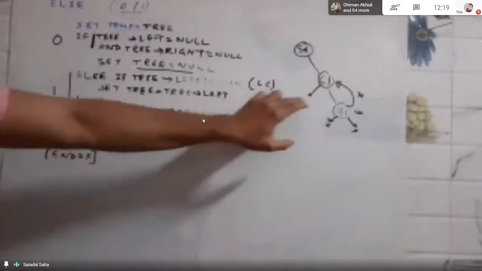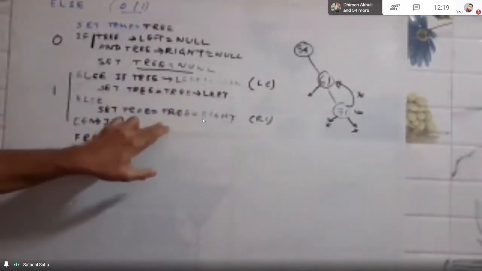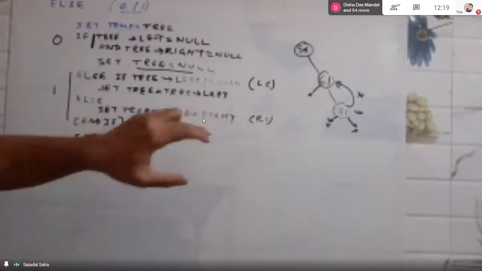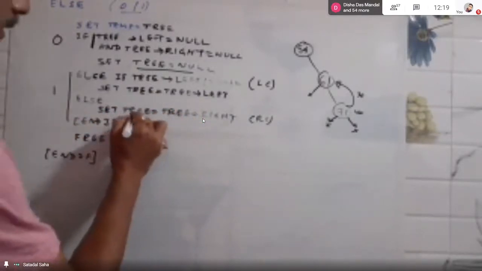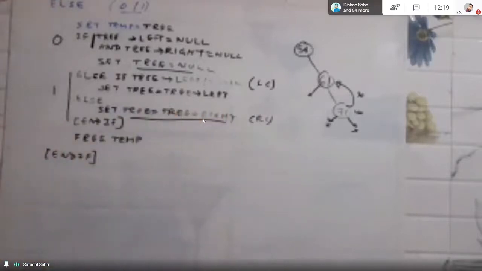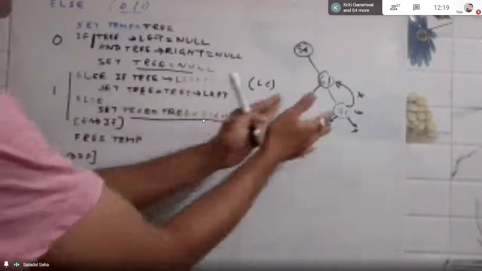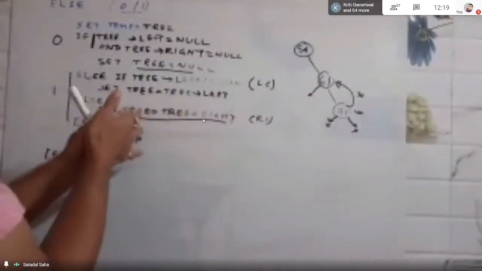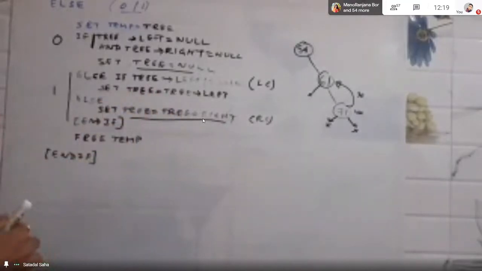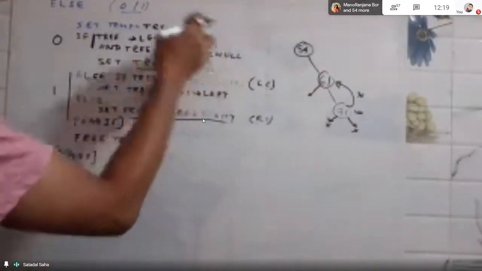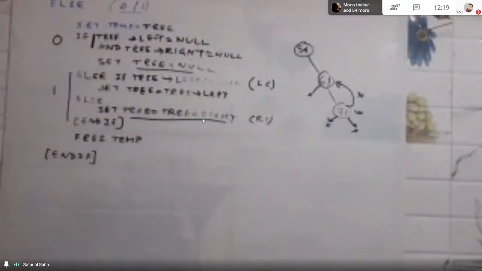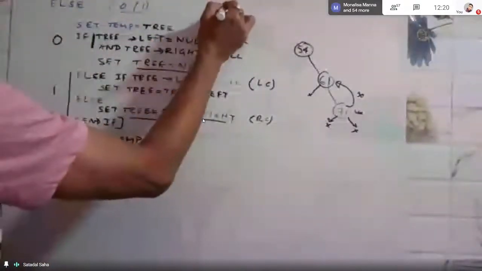So in this case, a equal to root 2, which is greater than or equal to 1, yes, and b equal to 2, which is greater than 1, and k equal to 0, and p equal to 1, right? Now you compare a with b power k. So b power k is 1, which means root 2 and 1. So what did you get? A is greater than b power k, which means we got condition number 1, case 1. So what is case 1? T of n equal to theta of n power log a base b, which is nothing but theta of n power log root 2 base 2, which is theta of root n.